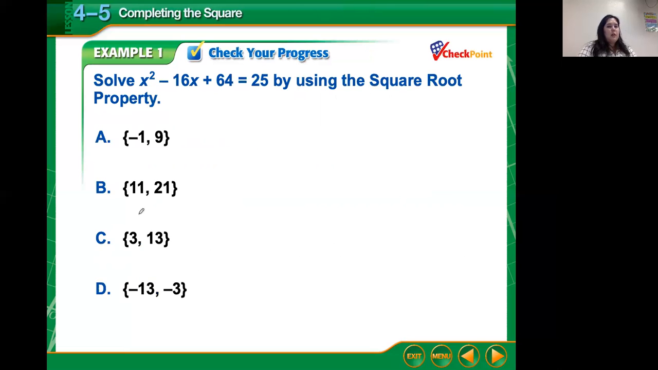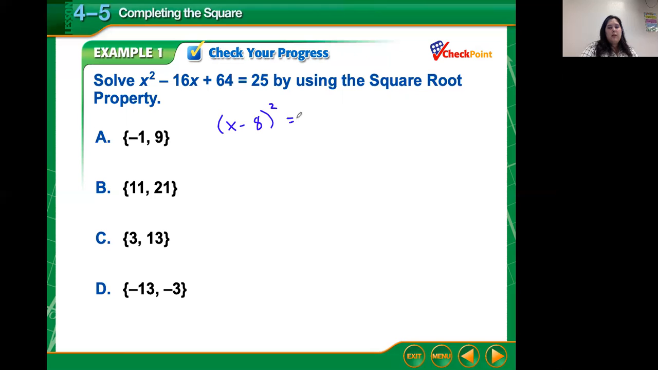Here's your try for example 1. Go ahead and solve x squared plus 16x plus 64 equals 25 using the square root property. All right, let's look at this one here. This is a perfect square. This is going to end up being x minus 8